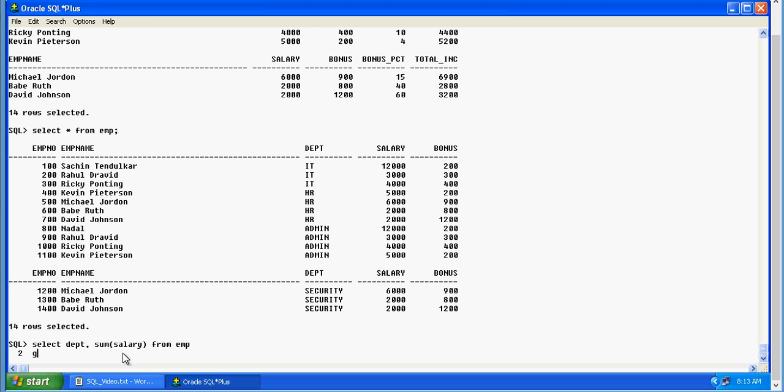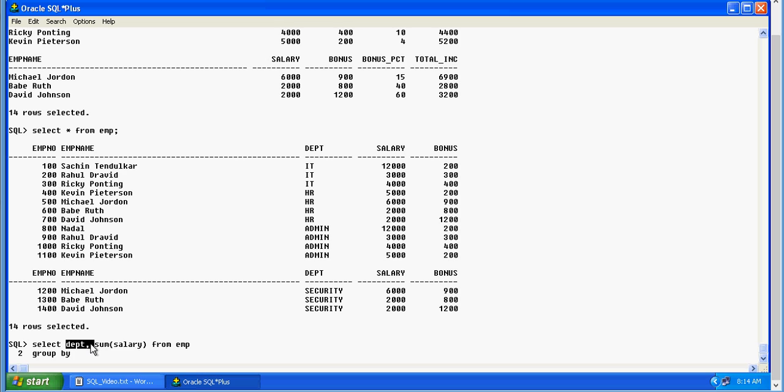In the group by clause, always have the column which you have selected in the query on which the aggregate function is not applied.